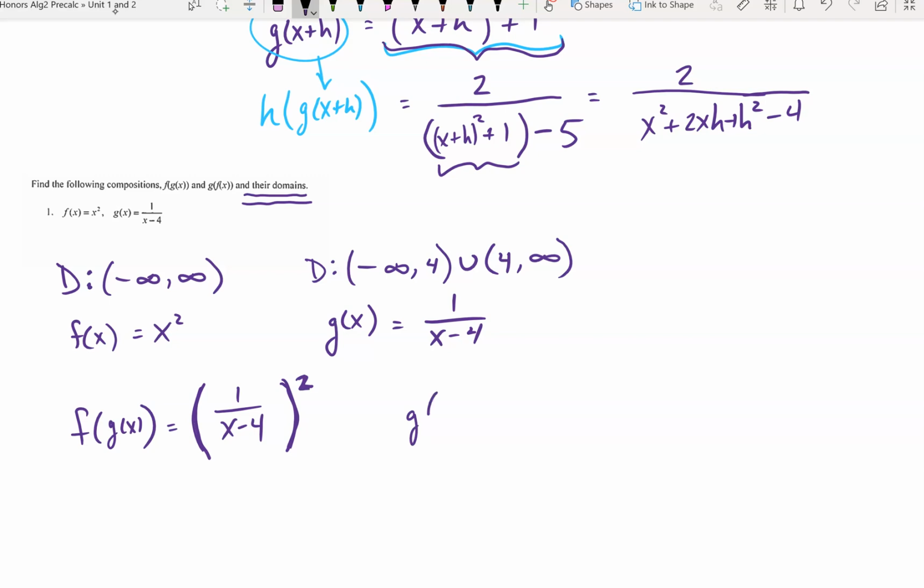Let's look at g of f of x, and see if that changes the domain at all. The outside function g is 1 over some value minus 4, and into this space we're plugging in an x squared. Now all of a sudden, the fact that we're squaring this x squared is going to give us a positive value. The only time that's probably not going to work is in this range of values where